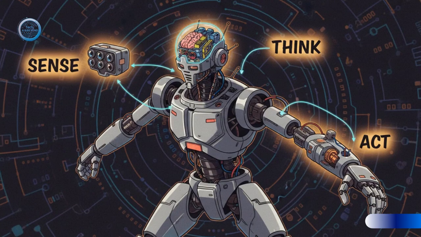So now that we've built this foundational vocabulary, we have the tools we need to go even deeper. And in our next explainer, we're going to do just that. We're diving into the anatomy of a robot. We'll be moving from the conceptual to the concrete, exploring the incredible technologies behind how robots sense the world, how they think about what to do, and how they ultimately act on their environment.